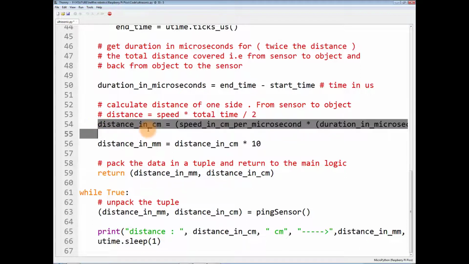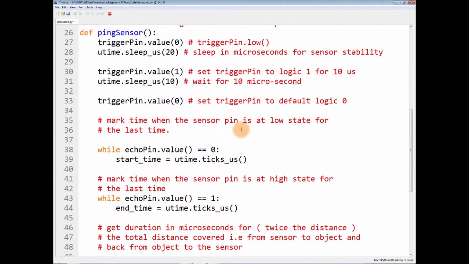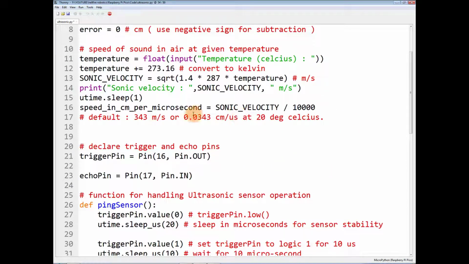So what you will do is distance in centimeter, you will create this variable. This is equal to distance, this is equal to speed in centimeter per microsecond. This is what you have calculated in the earlier part of this program. This speed in centimeter per microsecond.